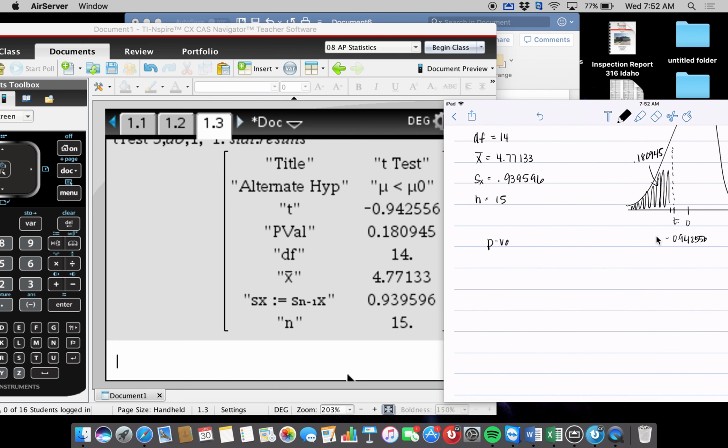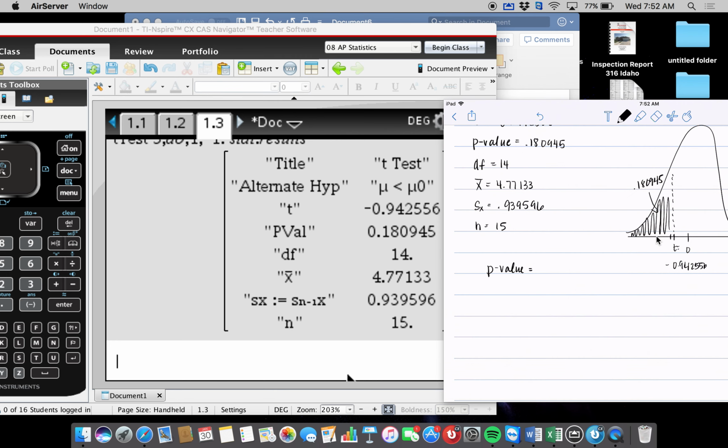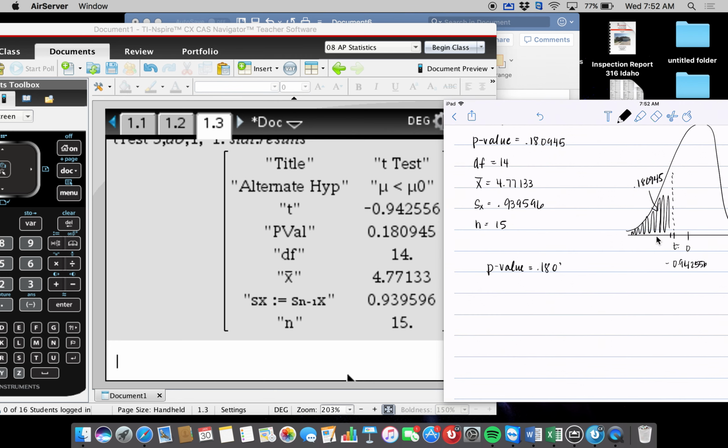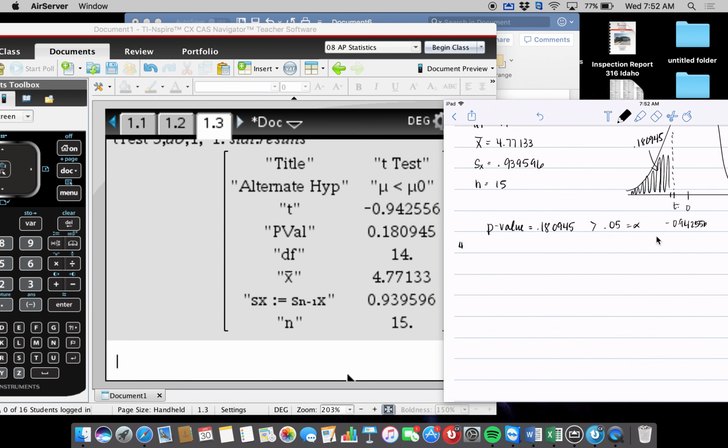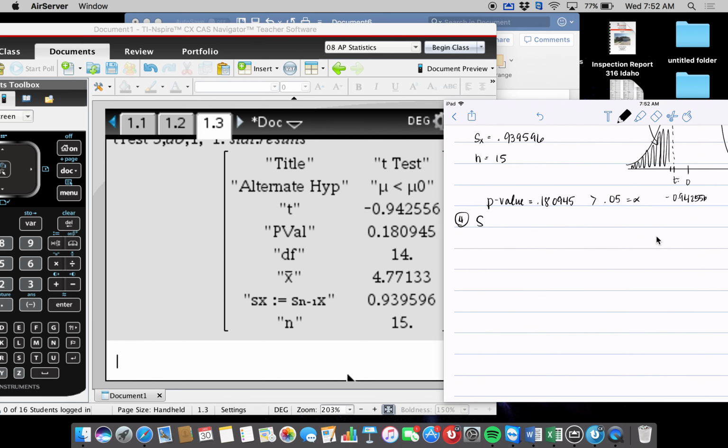All right, so after you have all of this data, compare your p-value to your significance level. So the p-value equals 0.180945. Our significance level in this case was 0.05, and we see that it's greater. So that means we're going to fail to reject. So our conclusion, last step: since 0.180945 is greater than 0.05, which is our significance level, we fail to reject